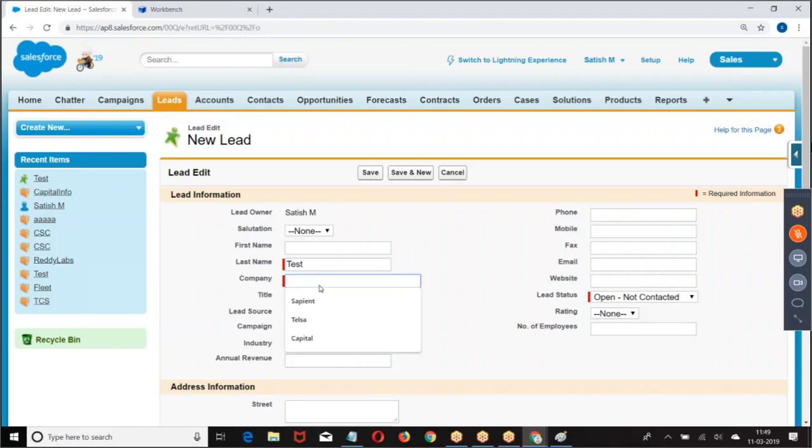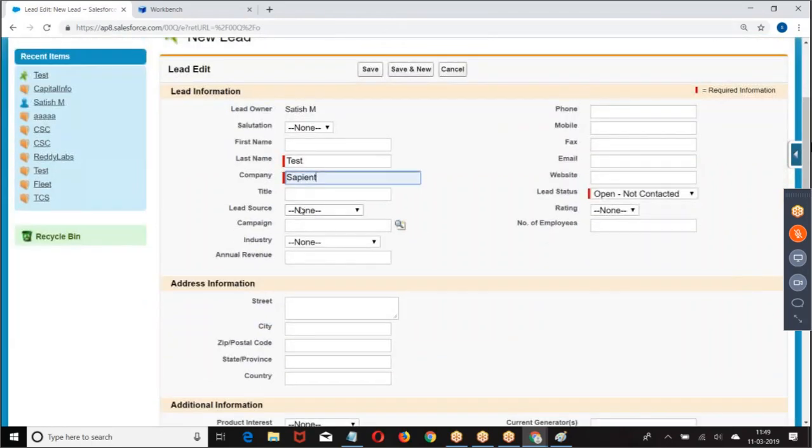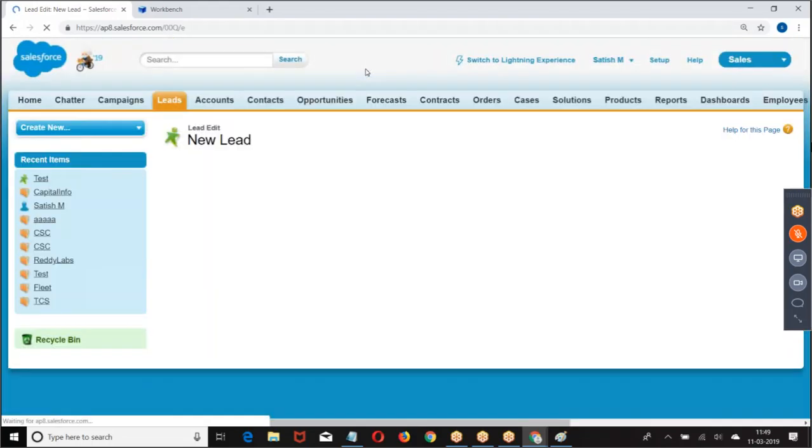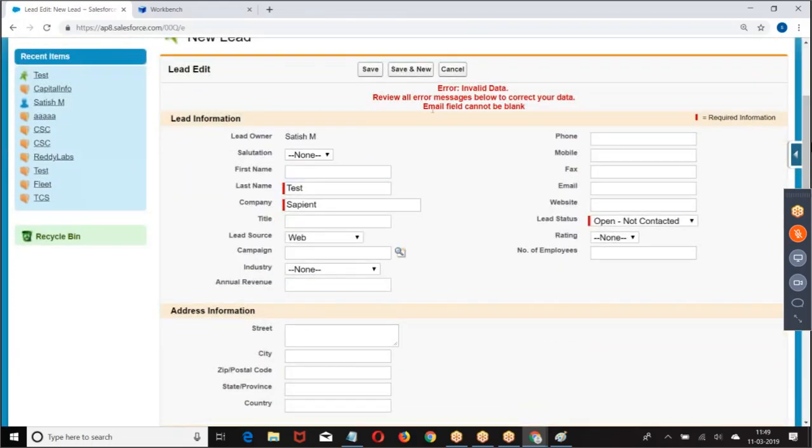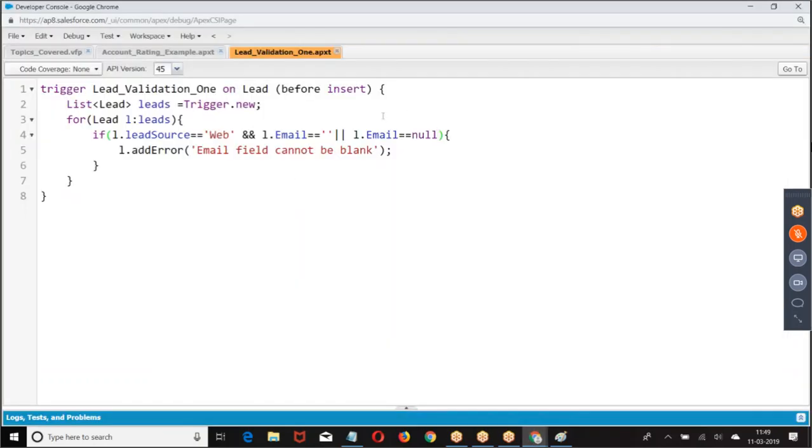Same data I'm inserting again. Email field cannot be blank. So they're expecting a null value there. Right. So when you're trying to insert the data, we are trying to throw the error message.